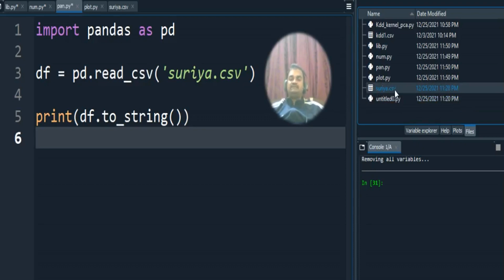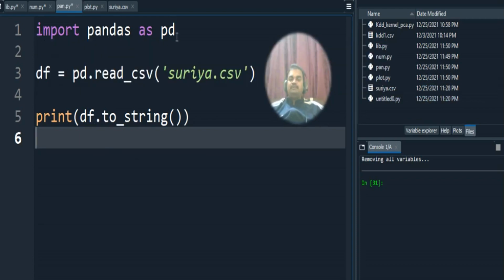When I access the CSV file, it will come in the format of data frames. With the data frame format, we can process the further code. You should have this knowledge before processing. Let's go through how I am processing the CSV file one by one. Here I start explaining this particular code.